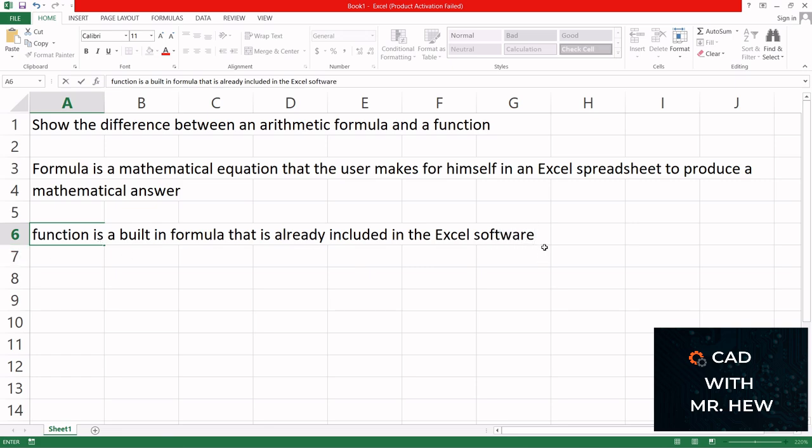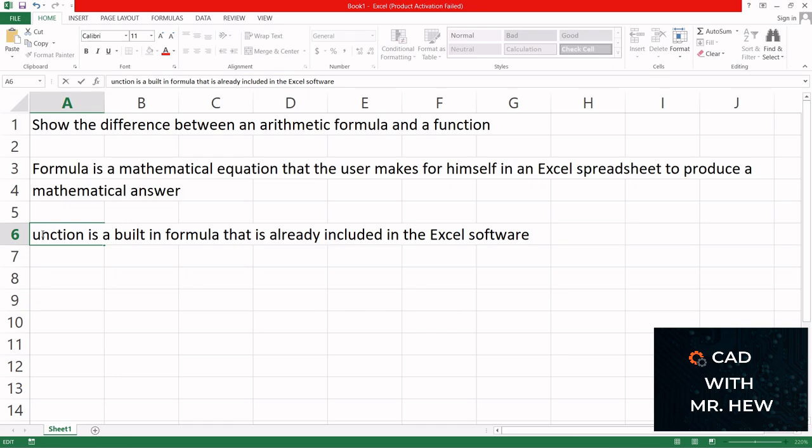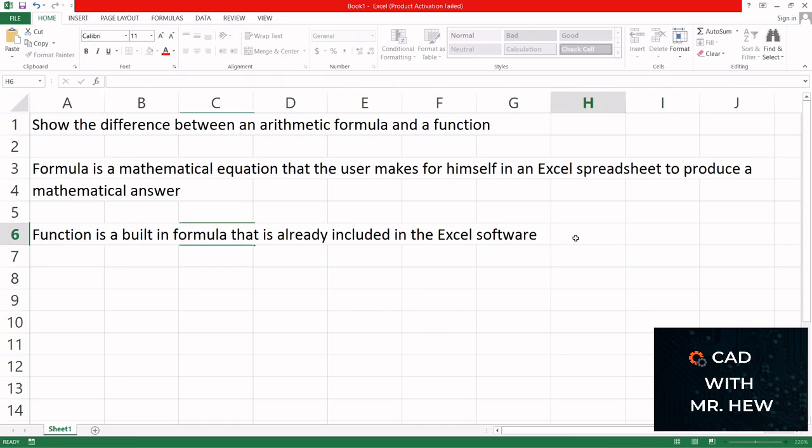So an example of a function, or this should be a capital F. An example of a function would be, for example,